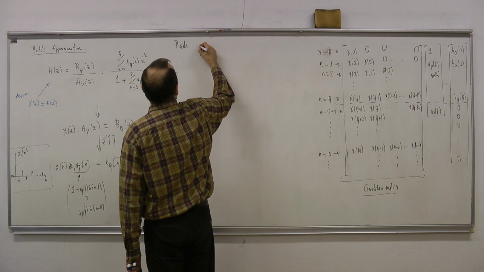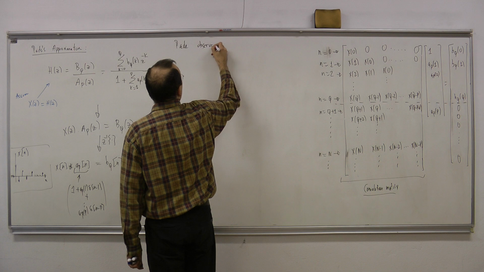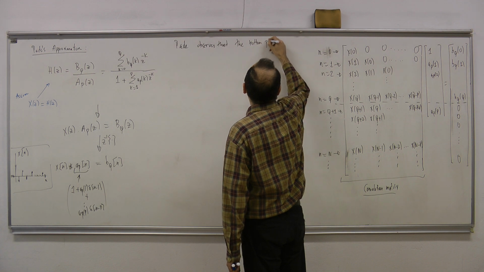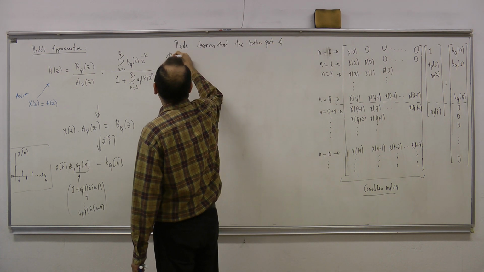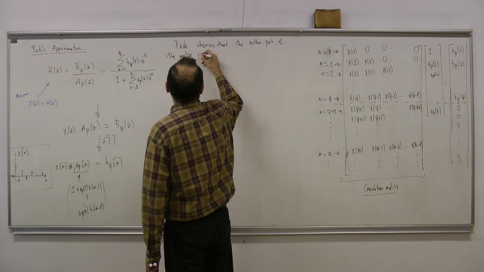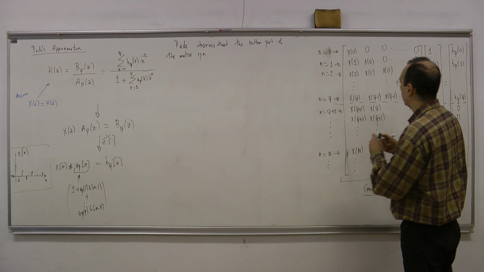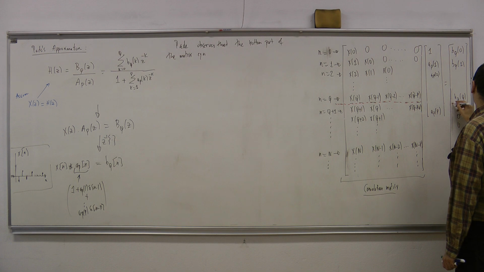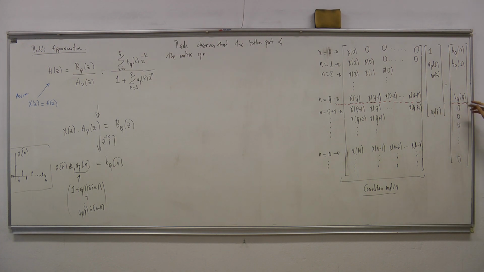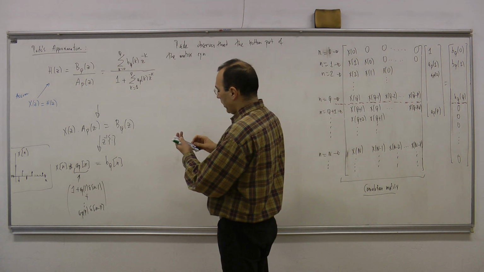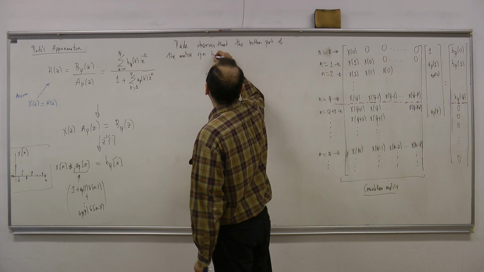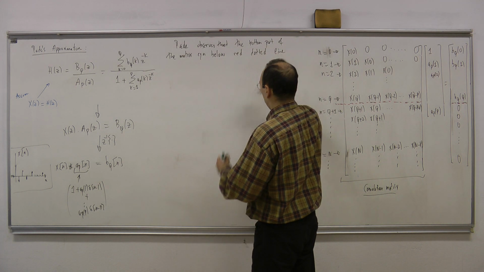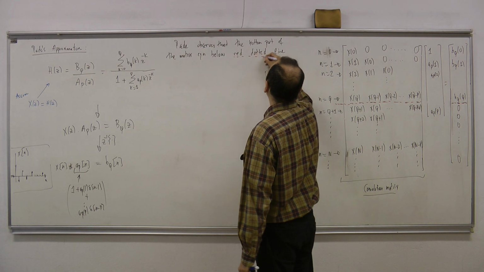Pade observes that the bottom part of the matrix equation, so let me mark this with some other color, let's say red, below this red line, okay? So I'm talking about these equations. The bottom part of the matrix equation below the red dotted line,